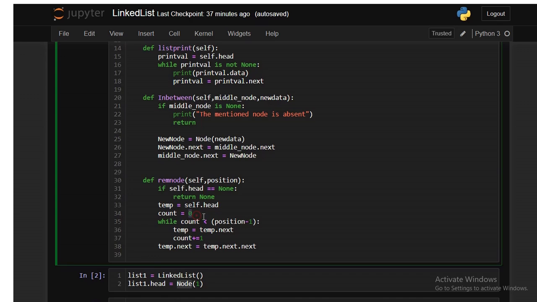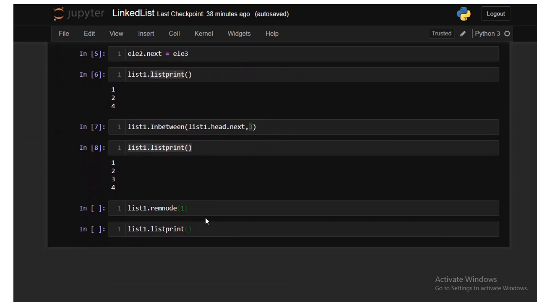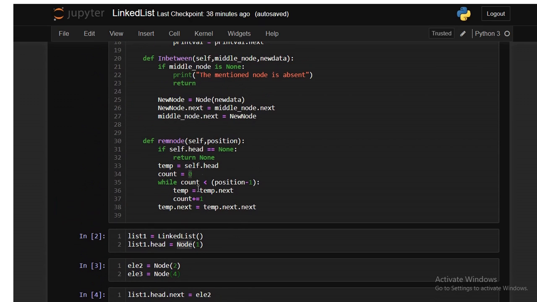Now count is 1. Let us first have a look at what we have passed as position. The position is 1, right? Now as the count value gets updated to 1 and the position is 1, this condition is no longer valid because count is equal to position minus 1.